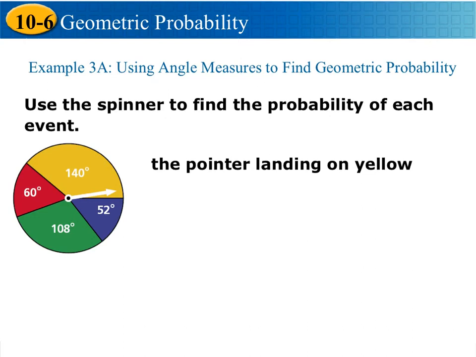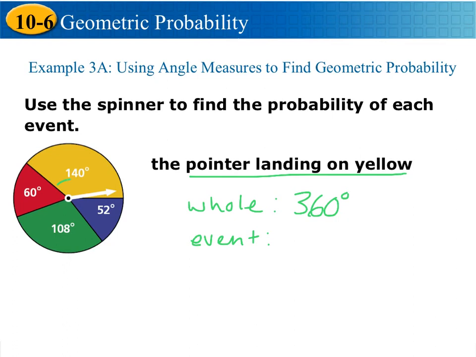Use the spinner to find the probability of each event. So we need to find the probability that the pointer is landing on yellow. We need our whole space, and we need to find our event that we're looking for. The whole thing would be the whole circle, and we know a circle adds up to 360 degrees. Our event is when the pointer is landing on yellow, so it would just be this yellow part, which is